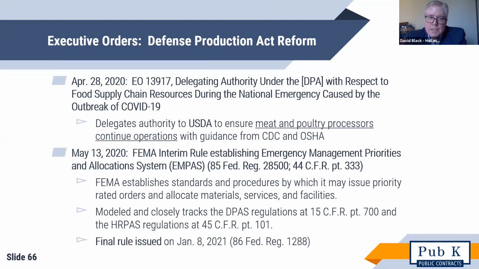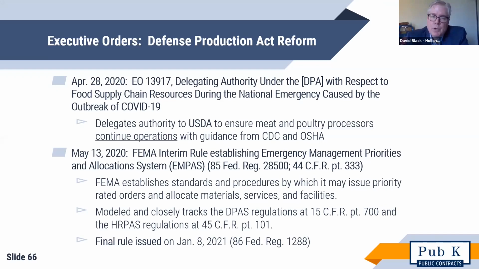There are now six sets of these regulations, and really the correct term is the Federal Priorities and Allocation System, the FPAS, because the Department of Commerce issues the DPAS, which covers DOD. Transportation has DPA authority over civil transportation. That's the TPAS. Health and Human Services has already had the DPA authority over health resources, the HRPAS.